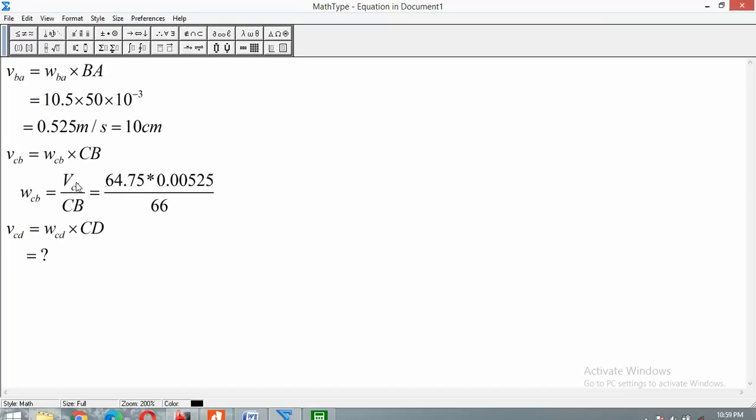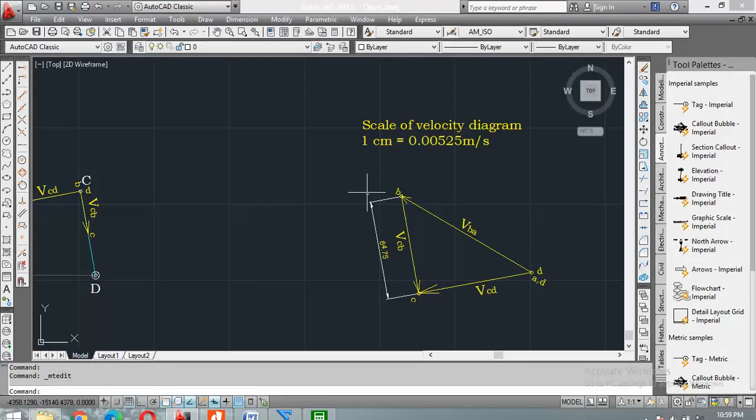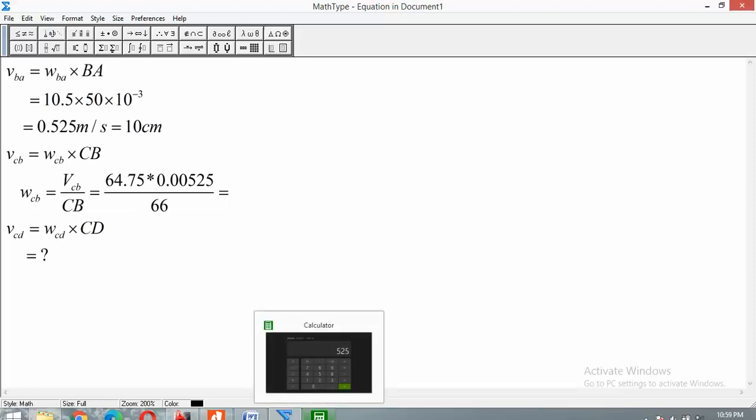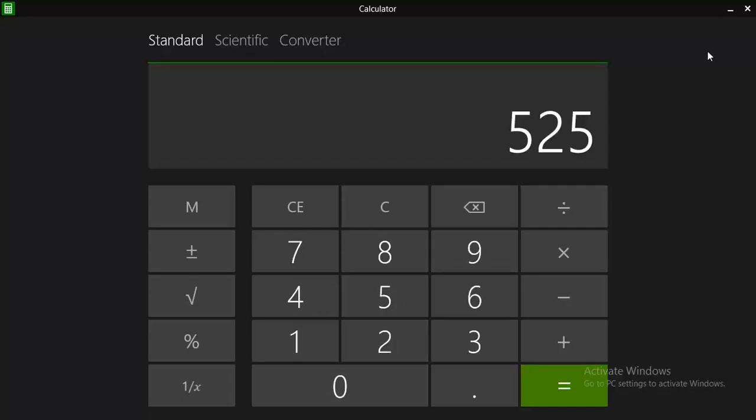ये equation जब use करते हैं तब velocity सेंटीमीटर में नहीं, मीटर पर सेकंड में होनी चाहिए. Okay, so that meter per second I had calculated from the scale. We know that कि 1 सेंटीमीटर होता तो इतना मीटर पर सेकंड होता, तो हमारा 64.75 सेंटीमीटर आया, तो कितना मीटर पर सेकंड होता, तो क्रॉस मल्टीप्लिकेशन कर दिया. ओके, तो ये कितना आ रहा है, जरा कैलकुलेट कर देते हैं. ओके, सो दैट इज इक्वल टू